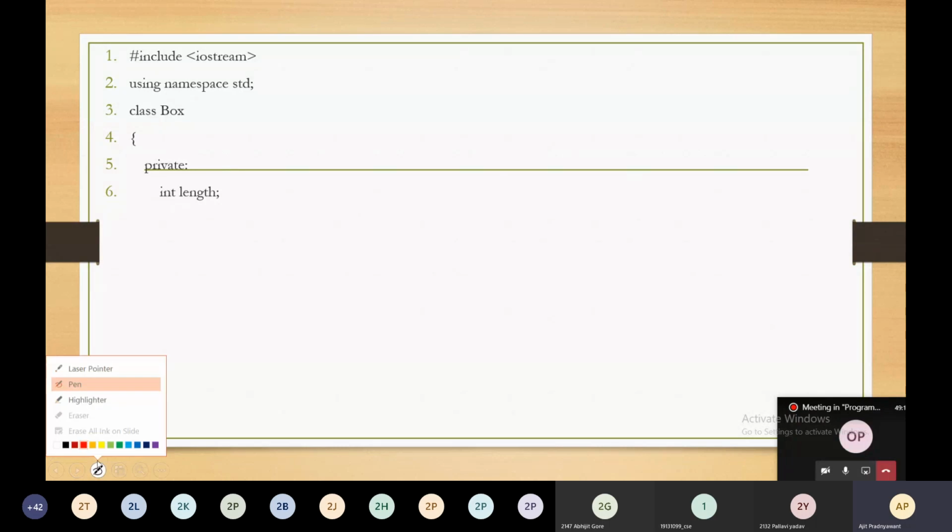So with the help of an example, we are going to see how to declare the friend function. This is our simple code which will have the private data member as integer length. Keep in mind, length is a private data member and you can't access it outside the class.